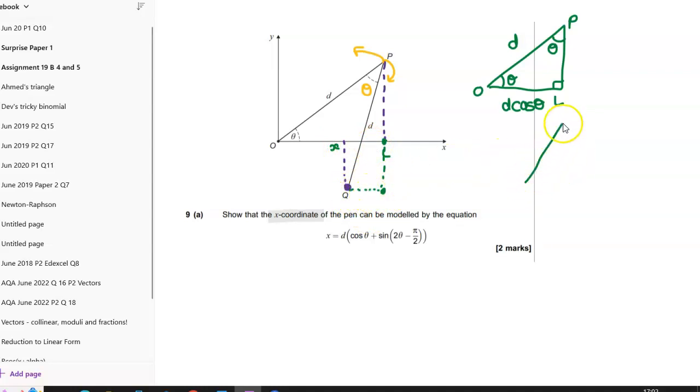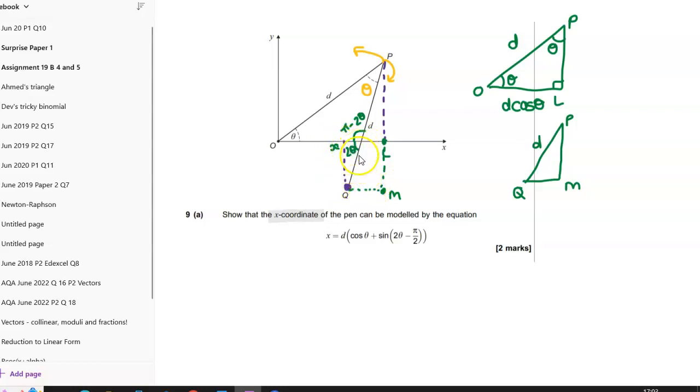If we draw another right angled triangle to represent this one that we've got here, we've got Q, P, and then let's call this M. If we look at triangle QPM, we've now got that this side is D. Because that's theta and that's theta, this must be 180 minus 2 theta, or sorry, pi minus 2 theta because we're in radians. So that angle there is pi minus 2 theta. So this angle here must be 2 theta. Now, because of the Z shape here,